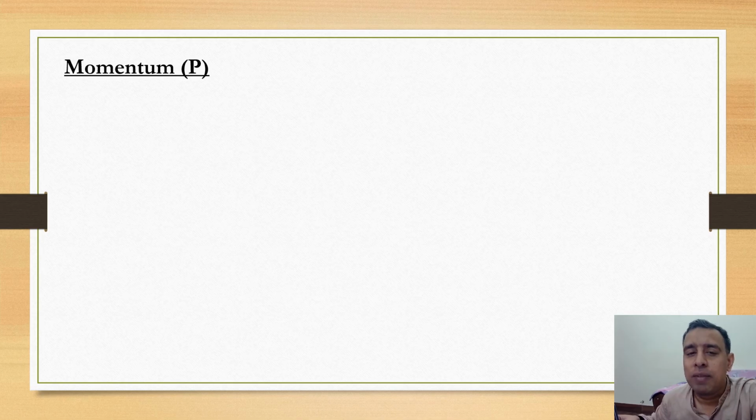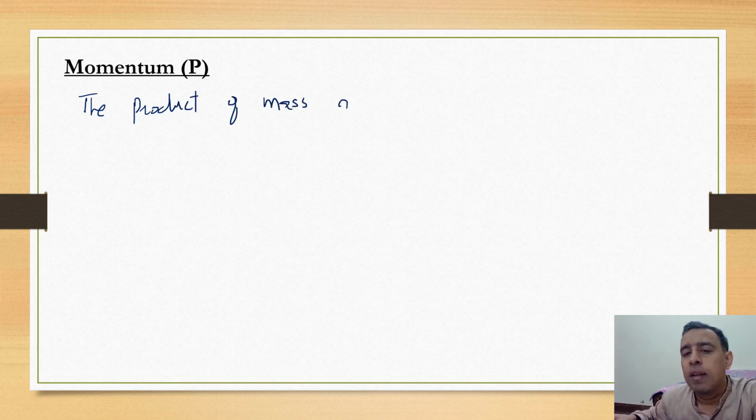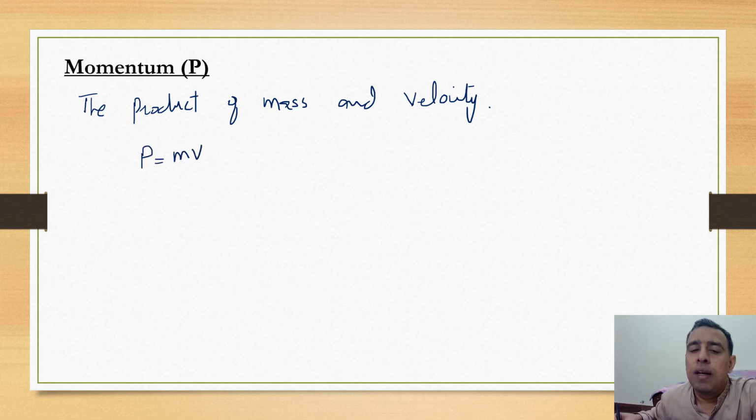So let's start from the definition of momentum. In fact, we can say that the product of mass and velocity is called momentum. Means P is equal to mv. If you want to increase the momentum of the body, you have to increase the mass or the velocity or both. For example,